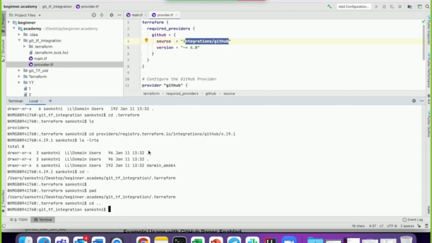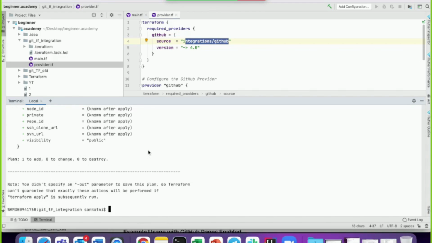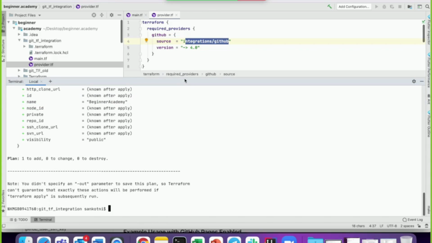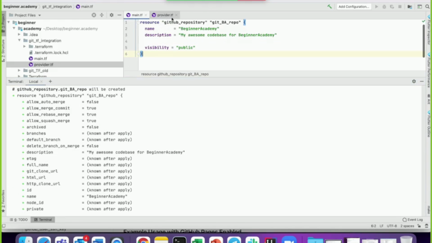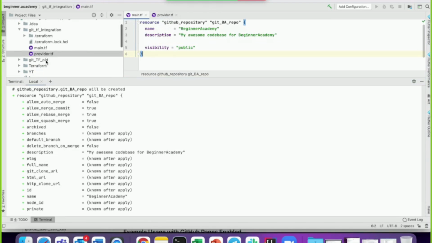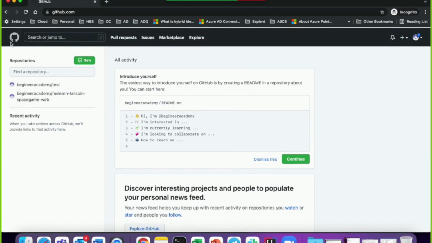Okay, once it pulls it from the registry, the next command we would be running is terraform plan. What is the use of terraform plan? Basically it checks your code, that is main.tf and all the .tf files present over here, and checks the actual GitHub repository.